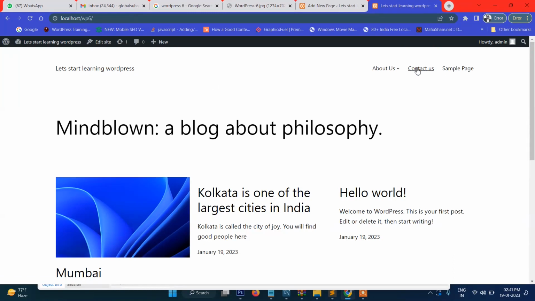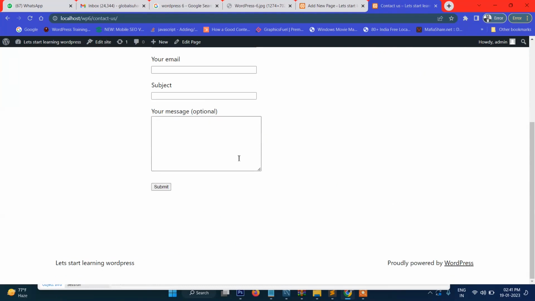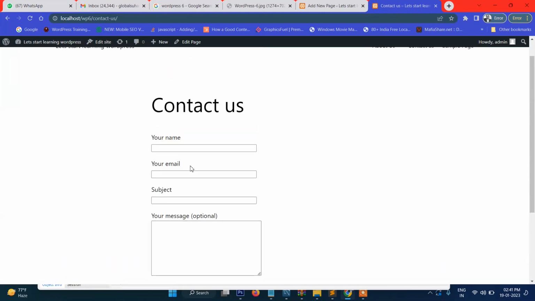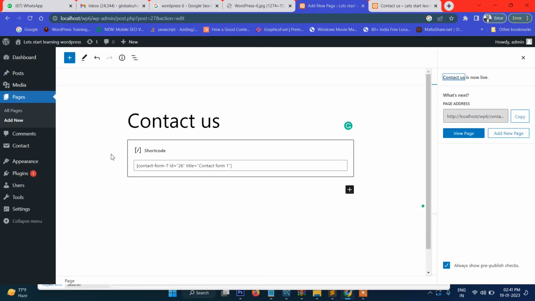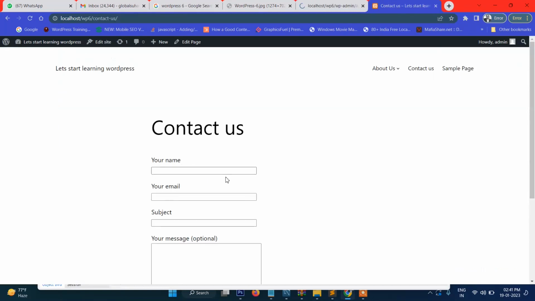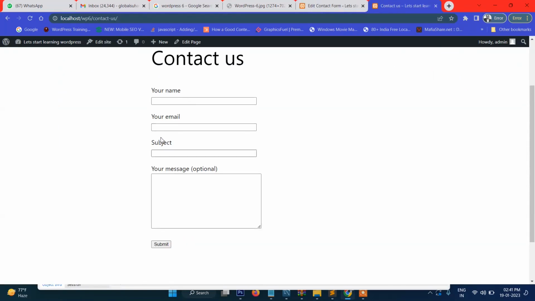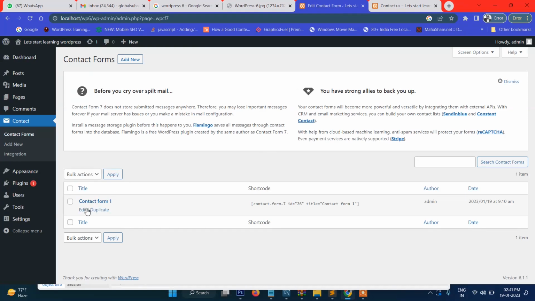You can see this is our contact us page. If you click, then you can see this default contact us form. Now let's go to here. Suppose you want to add one more field called mobile number. So how you can do that? Just click on edit,